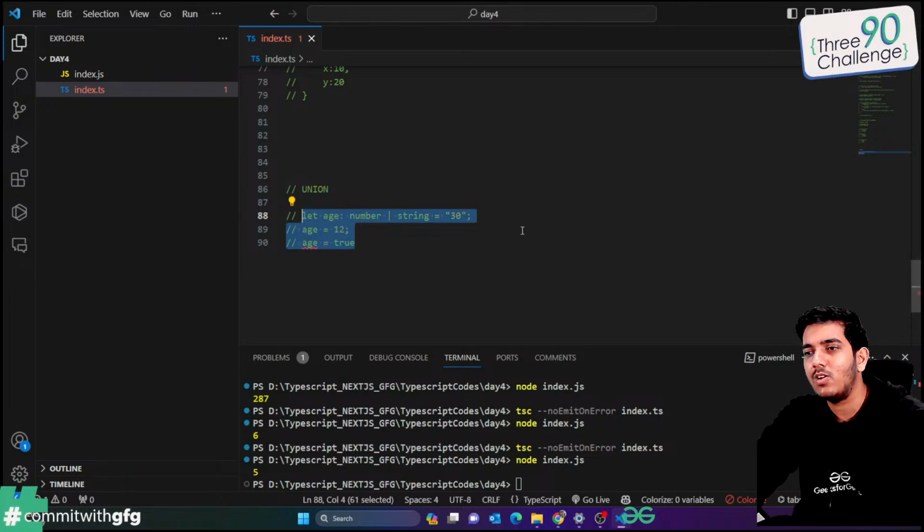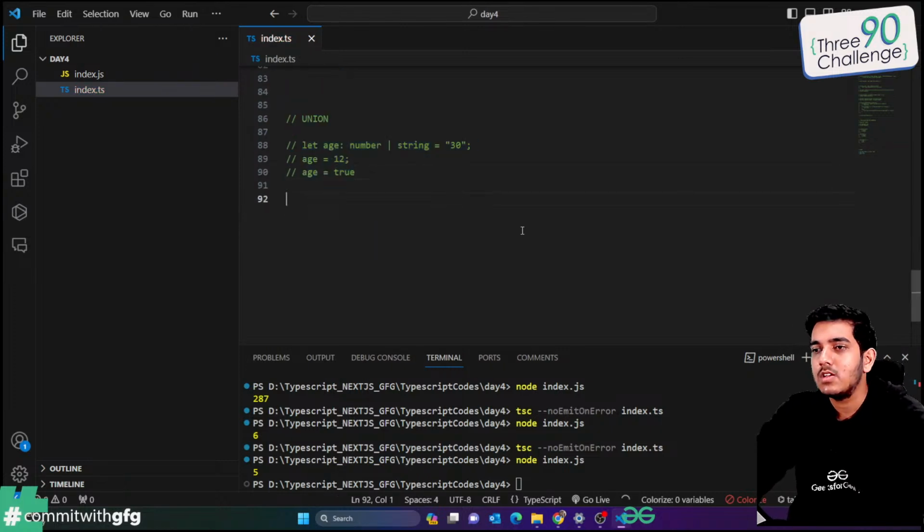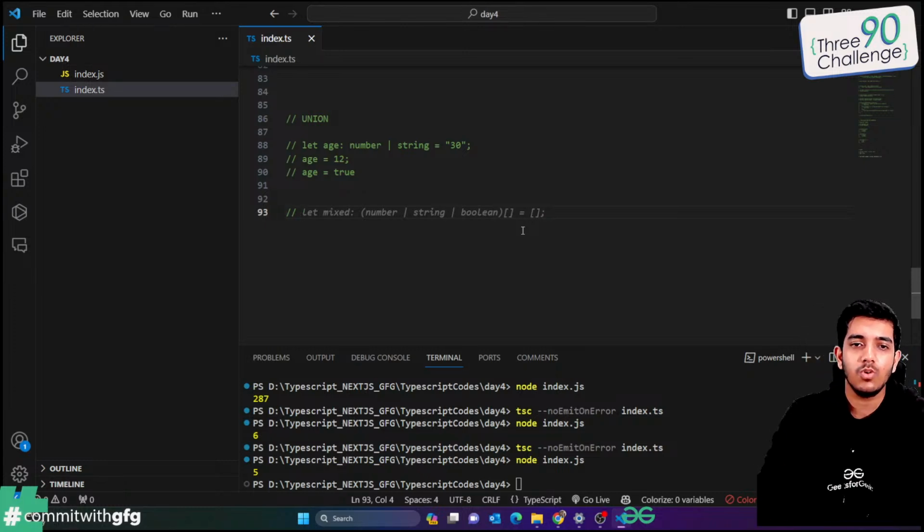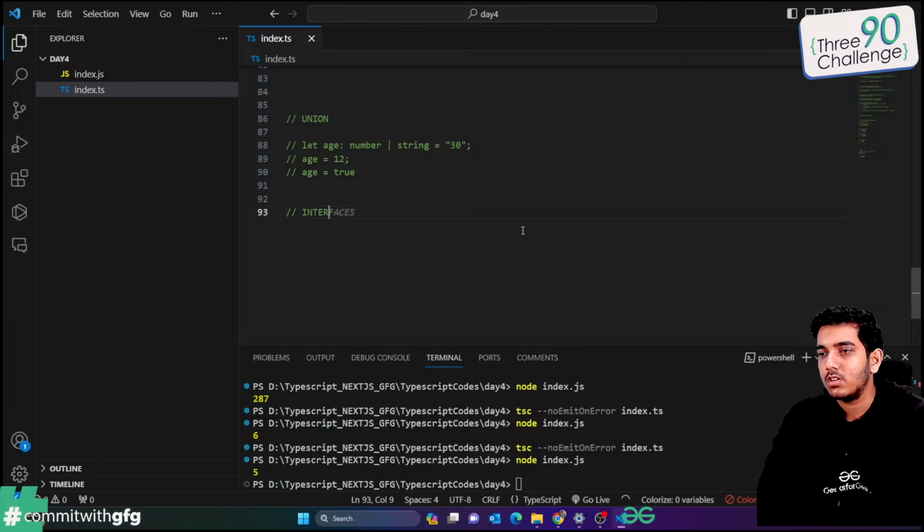Okay, I think in childhood we learned set theories, right? So there we had union and intersection. Intersection is like both statements must be true. So I'll just write the logic for intersection,